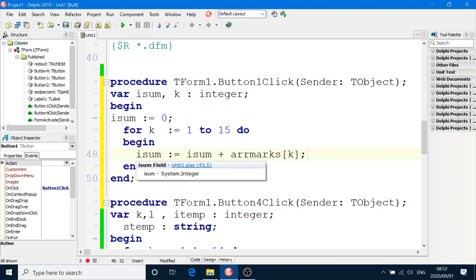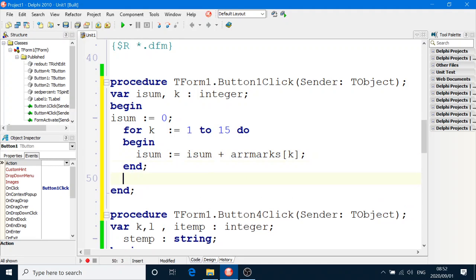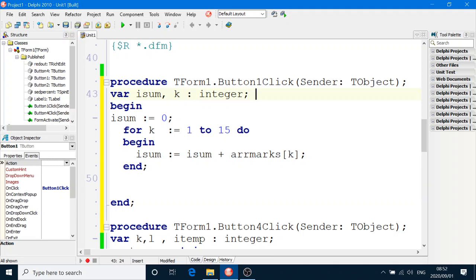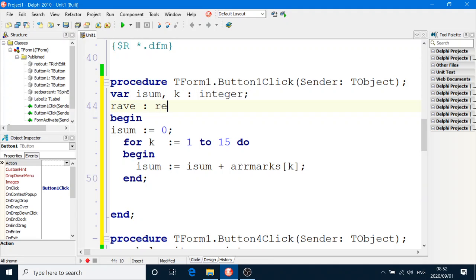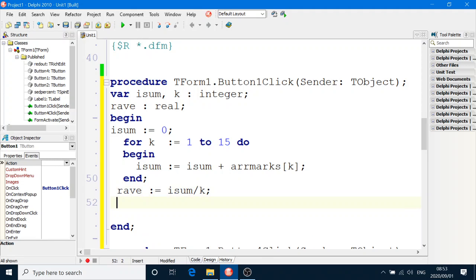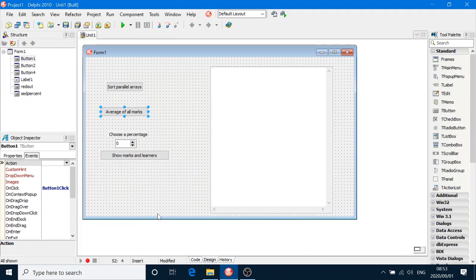And that's it. And now we calculate the average, and the average is always a real data type, remember, and our average is going to be equal to our sum divided by k, the number of marks that we have, and then we're going to display it in the rich edit,